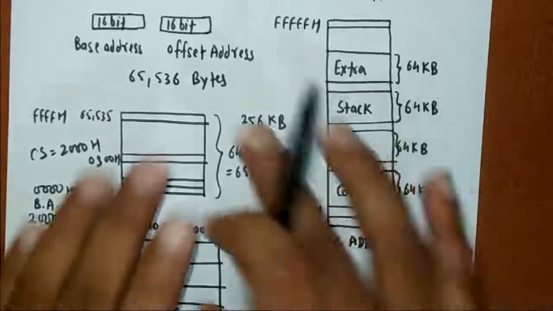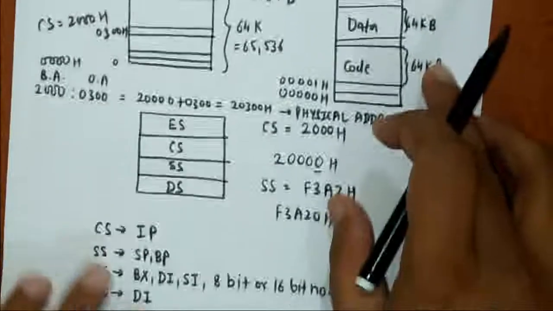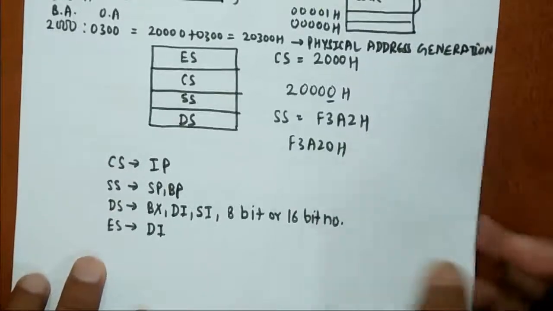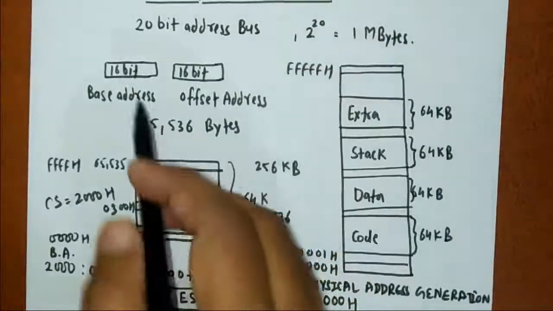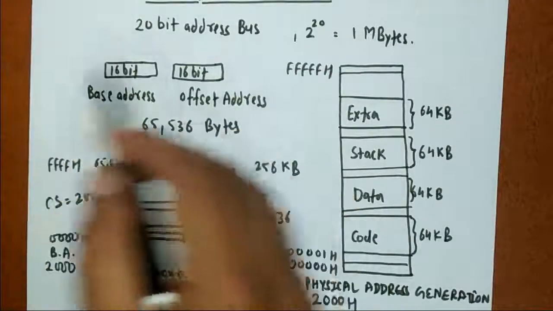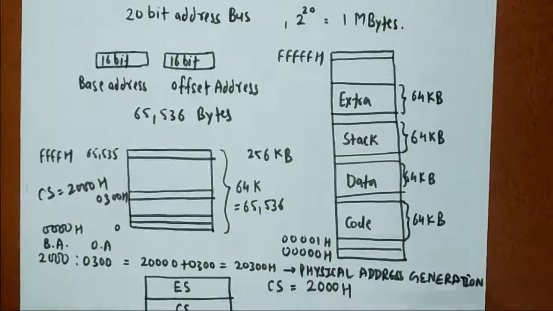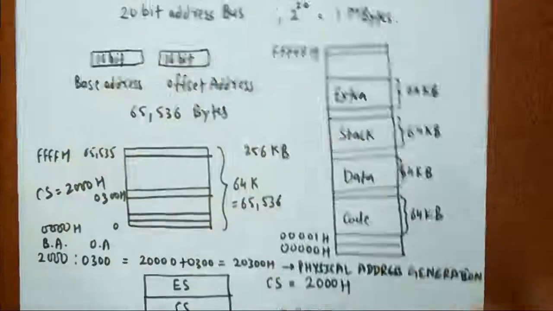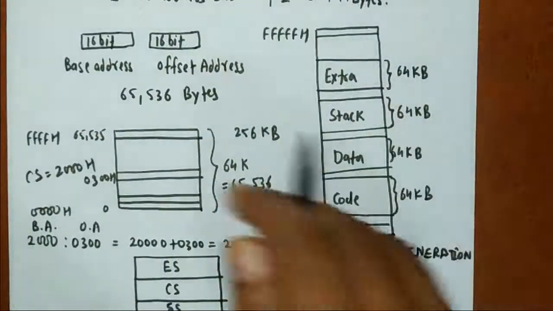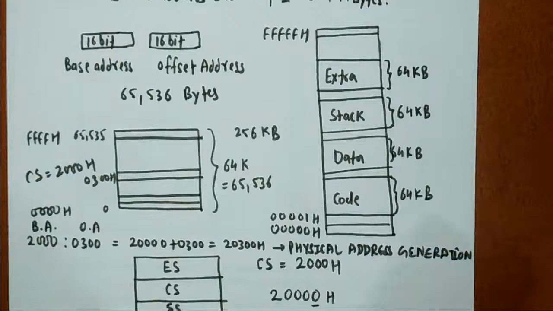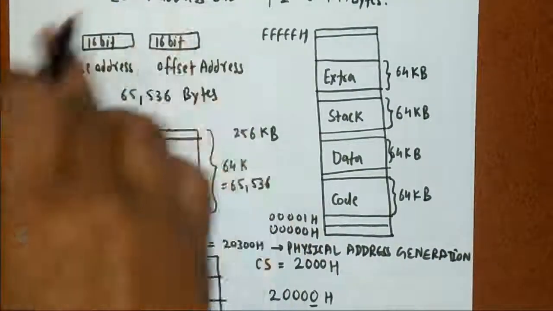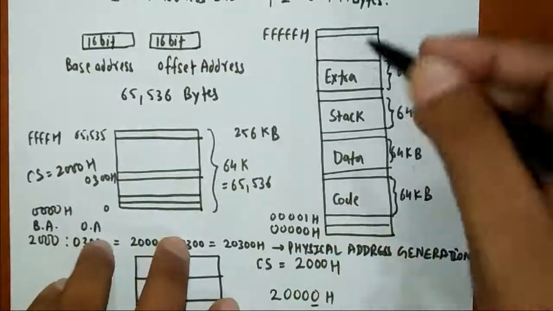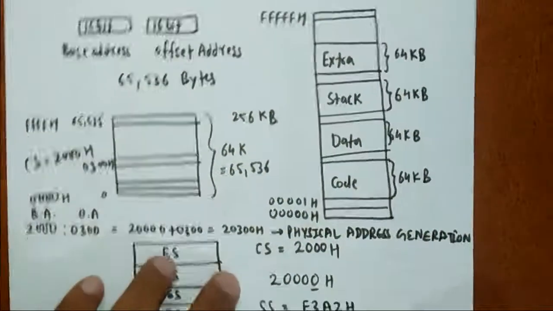Now this was all about segmentation, and the next thing is what the advantages of this segmentation are, and why the 8086 microprocessor follows such a system to represent a 20-bit address. I have already explained why the 8086 is using these two registers. We are talking about segmentation, so why is segmentation done, and what are the advantages of segmentation?